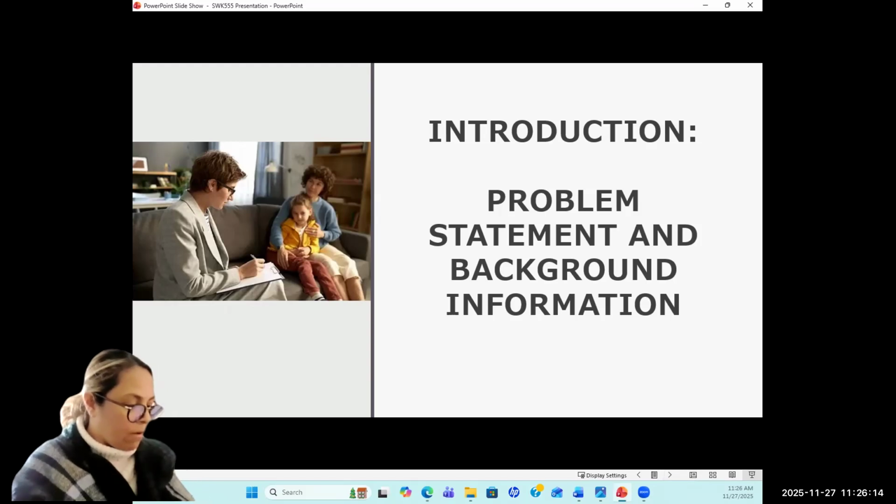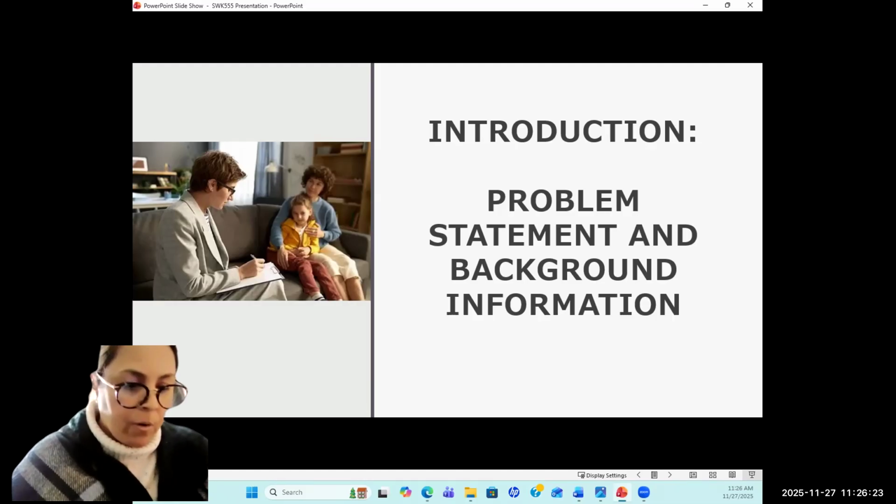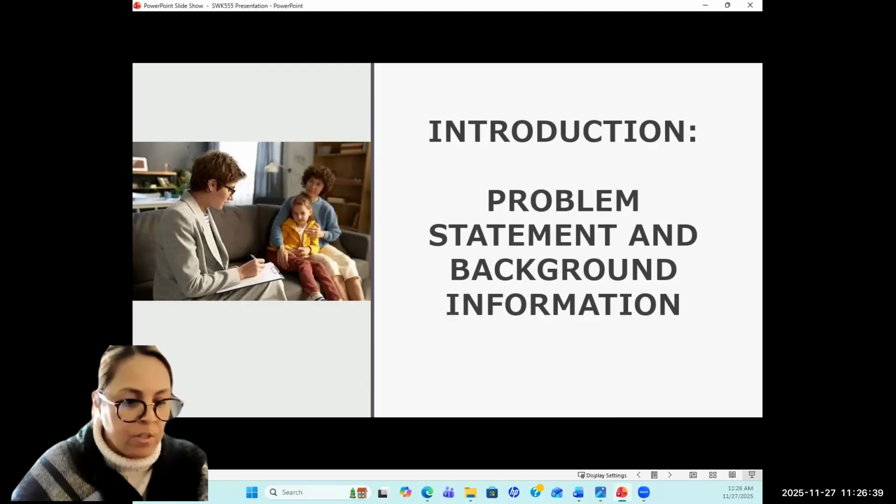The introduction for my proposal is based on the problem statement and background information. The social problem that is being addressed in this study is that there is social concern in the child welfare system. There is one-third of children who reunify from child welfare systems that re-enter because of the lack of change and continuance of child maltreatment. The child welfare is a social problem due to the systematic uses that have a direct effect on a vulnerable population like the underage.